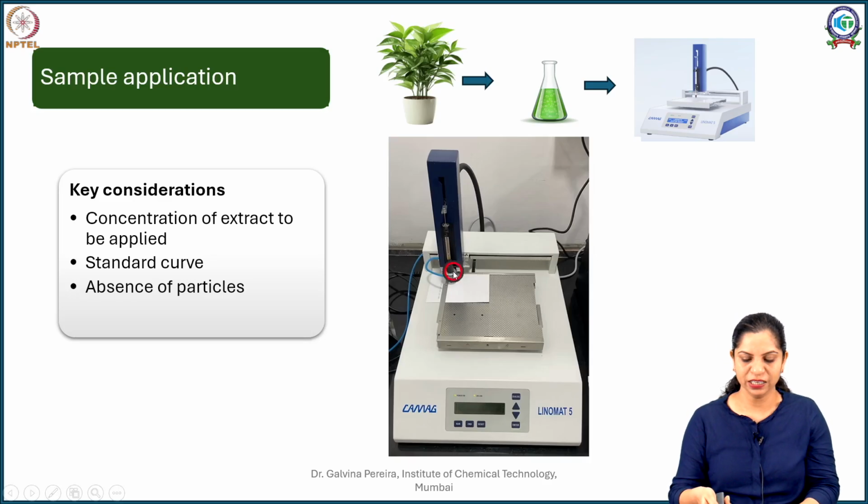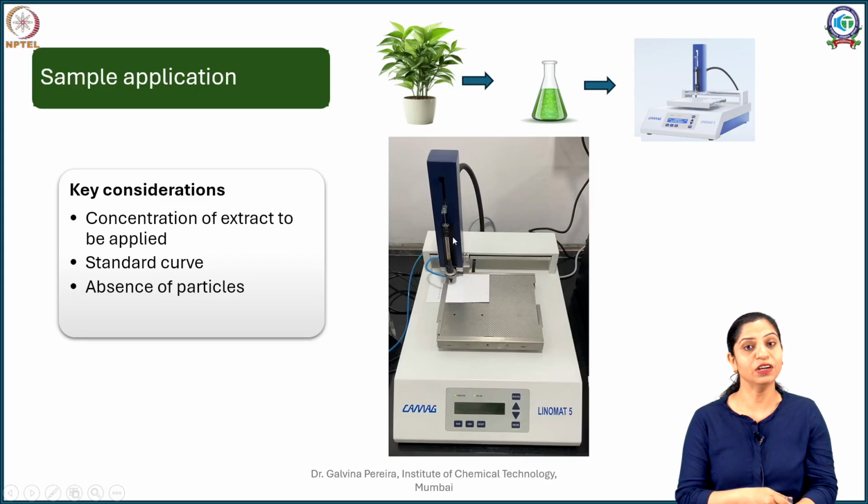So you can see here there is a TLC plate and this is the syringe nozzle. The syringe nozzle is also fitted with tubing, you can see this tubing. This tubing is for nitrogen gas. This nitrogen gas helps nebulize the extract into tiny droplets, and these tiny droplets are applied here. This steel plate moves, and as a result the application is more effective.